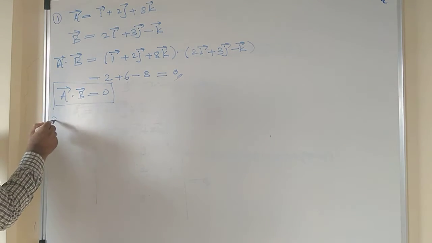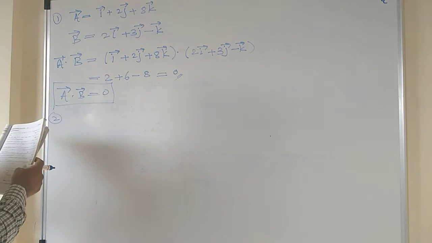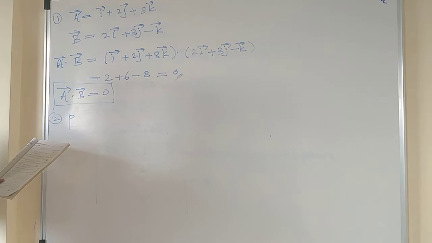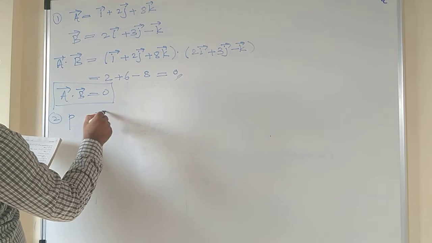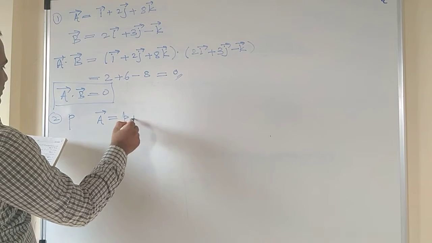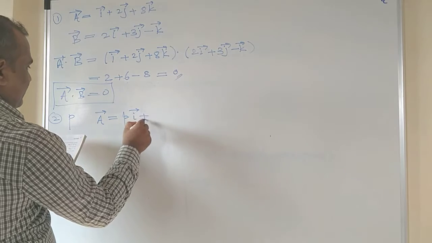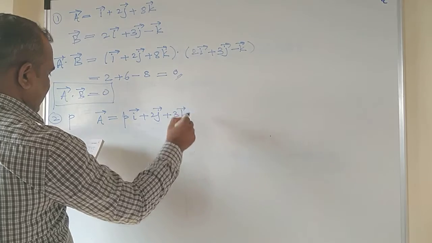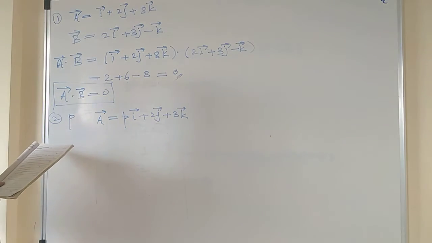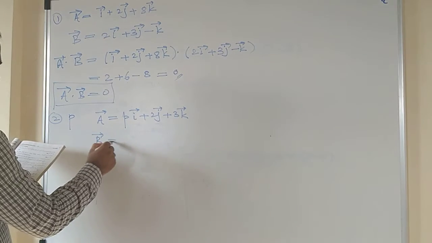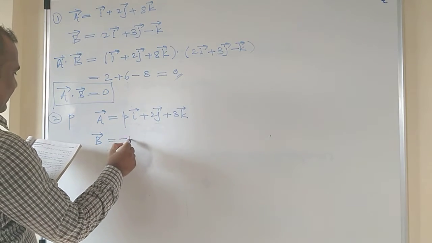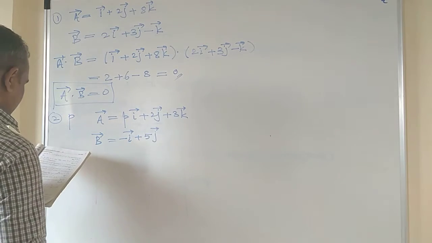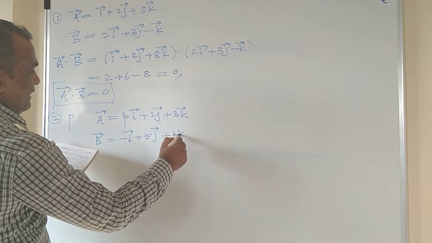Next problem is problem number 2. Find the value of P. You are asked to calculate the value of P which makes the vector a bar equals i bar plus 2j bar plus 3k bar, and the other vector b bar equals minus i bar plus 5j bar plus p k bar,